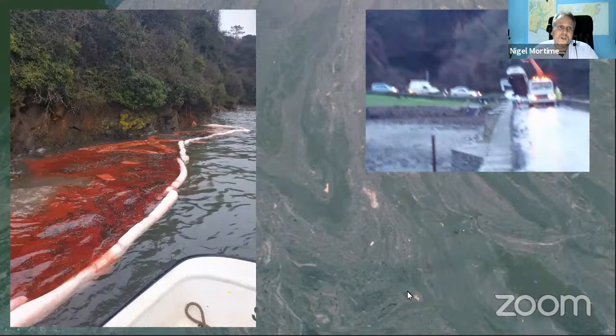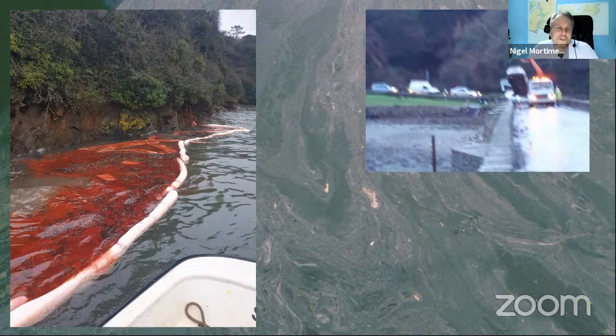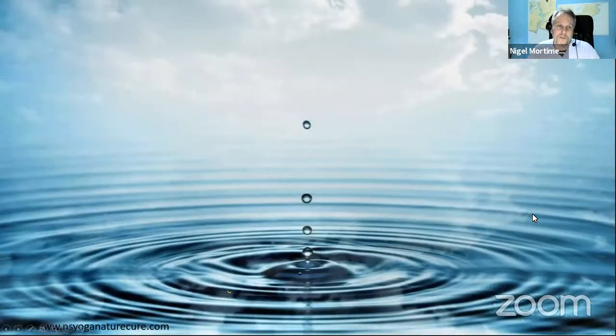And the other thing, of course, is that when things go wrong, we tend to hear about them. So, oil spill events, a car going over the side into the estuary, those are the things we tend to hear about. But actually, what tends to be the bigger problem are the cumulative impacts of the drips of oil. If your car engine drips oil, and everybody has a car, the number of drops adds up. And that's the problem that we really have. It's not the big events that we hear about in the news. It's the frequency of the smaller events that are very often causing the bigger problems within our landscape,